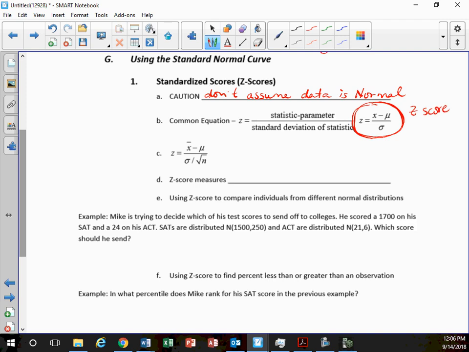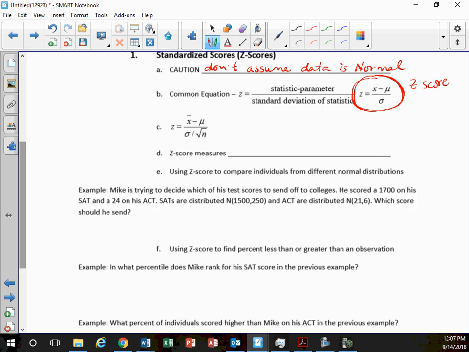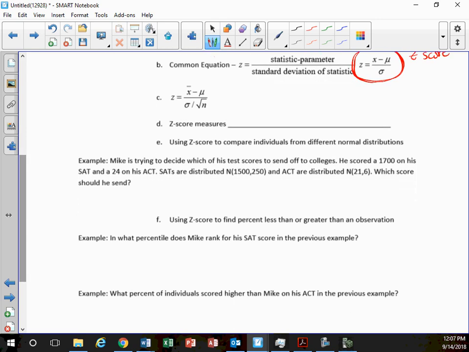How many of you remember doing z-scores in like Algebra 2 forever ago, a little bit? Yes, some of you, it wasn't as long ago as others. Okay, yes, it's the same idea. We'll obviously do a little bit more with it, but it's the same basic principle. So what a z-score is telling us is the location, so we can make comparisons, where you are in position compared to other people. Same pieces of information.